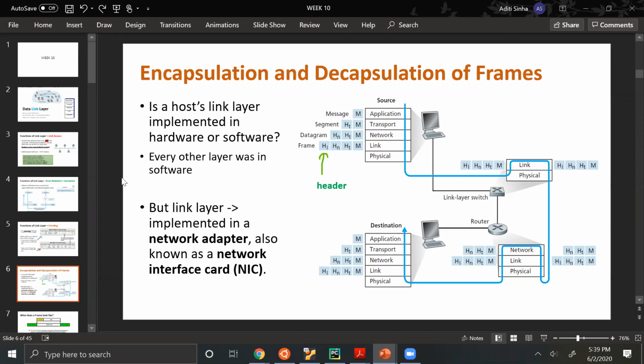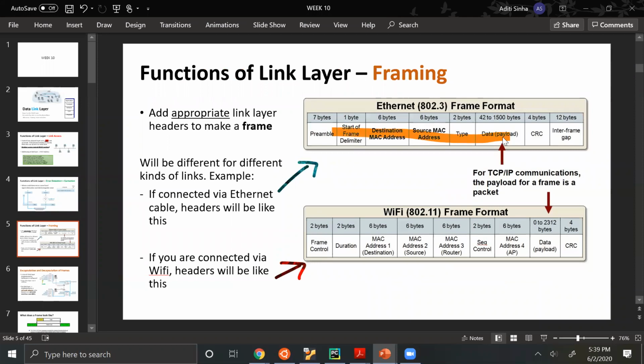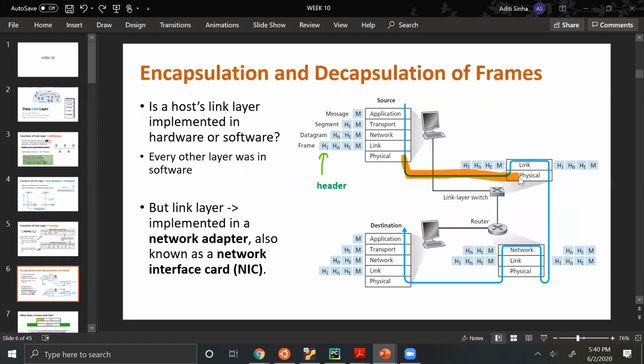Because not only do you have to form these frames, after these frames are formed, you have to actually convert the bits to, say, wireless signals or electrical fluctuations to be able to send them across the actual physical network. So that is why we need actual hardware, because now we are trying to send data. We have received all of this data from the layers above. We have formed an entire frame with that data. Now we'll convert that data to a signal and send it across our physical link.